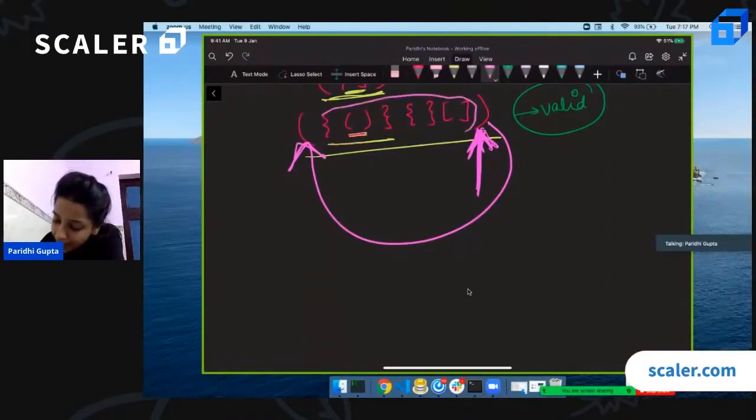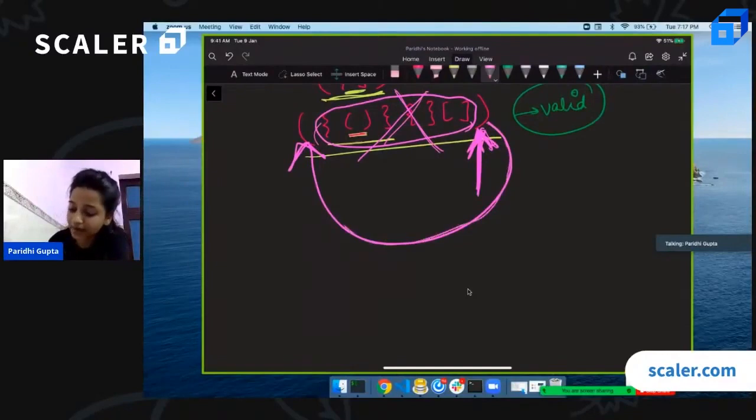Are these brackets of any use to me? No, they are not. Can I get rid of them? That would be great, right? Since they are valid in themselves, as I told you by this property, if I can get rid of them, then I can actually find out if this bracket has a matching opening bracket.